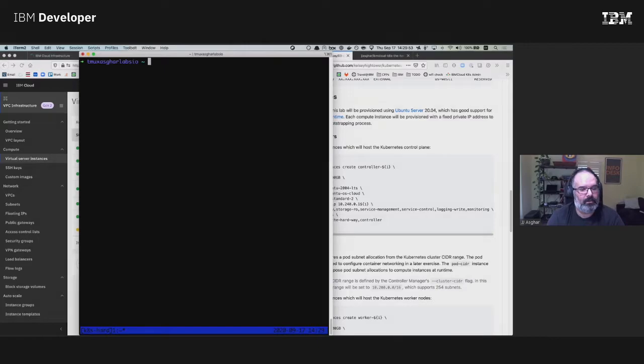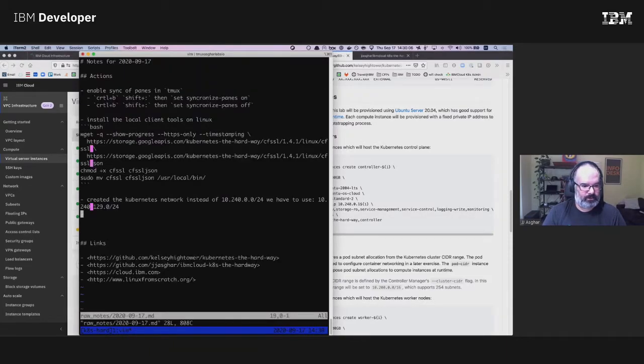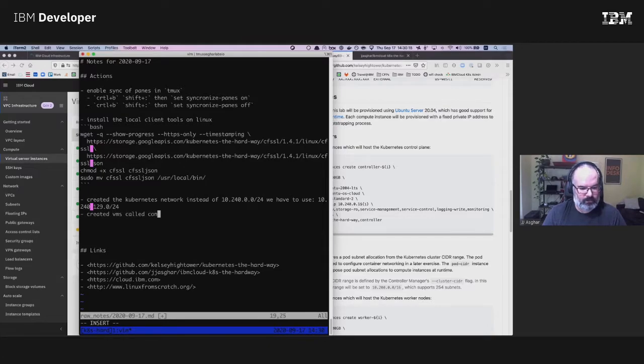All right. So src GitHub IBM Cloud the hard way, and then the raw notes of this. So then I created VMs called controller 1 and 2 on the